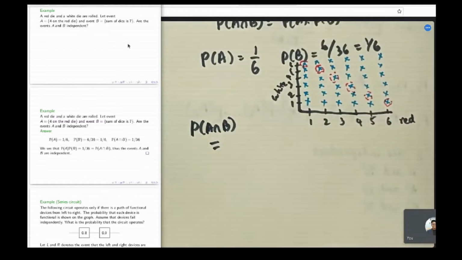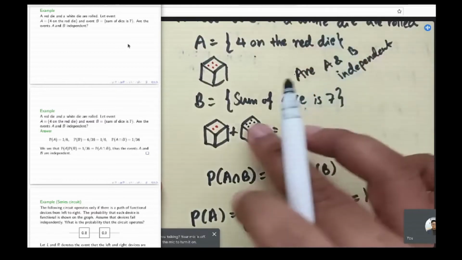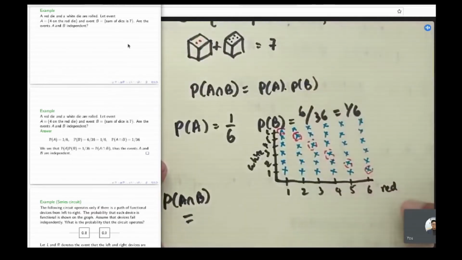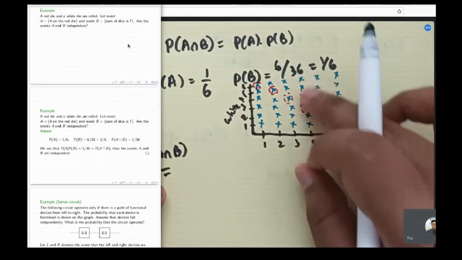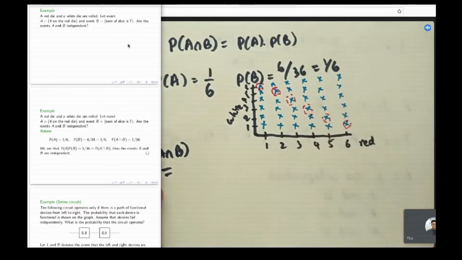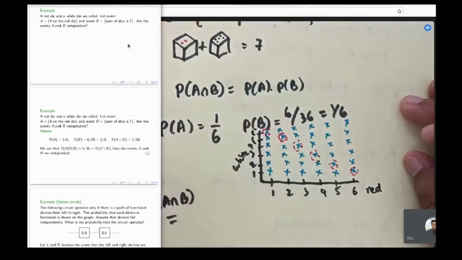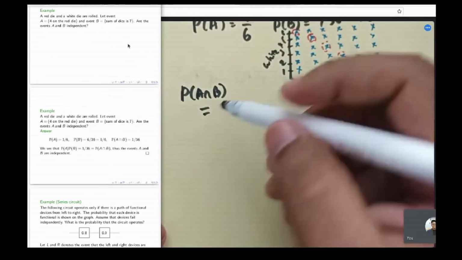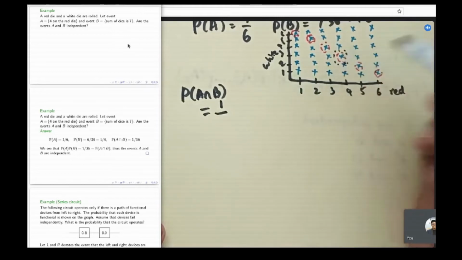and that is going to be the event where you get 4 on the red die, and the sum of the 2 dice is equal to 7. So you get 4 in one instance. So I'm going to go for my red die, and I have 4. So this is all the possible events that can be associated with the event where you get 4 on the red die. And then to come up with event B, where the sum of dice is 7, you have this particular point here. So the probability of A intersection B is equal to 1, because you have only one possible instance in this space,